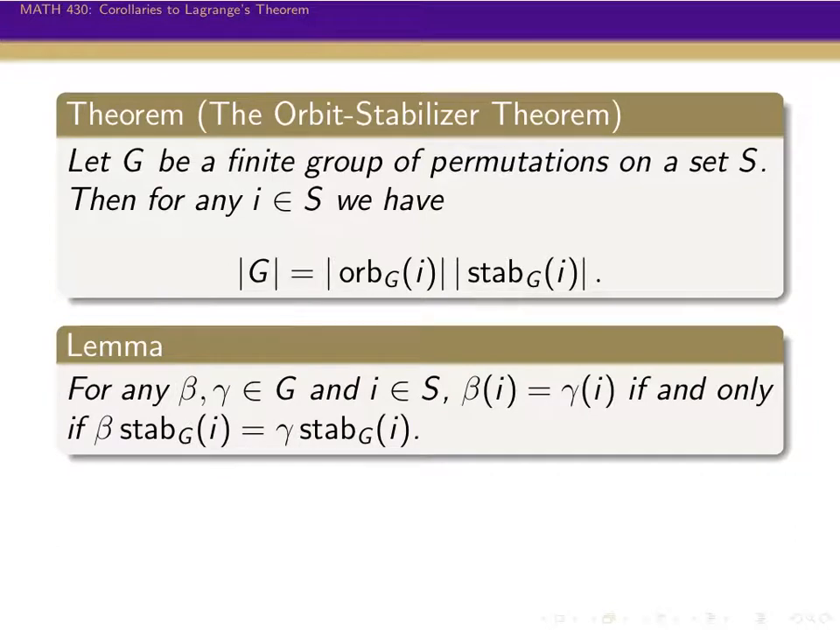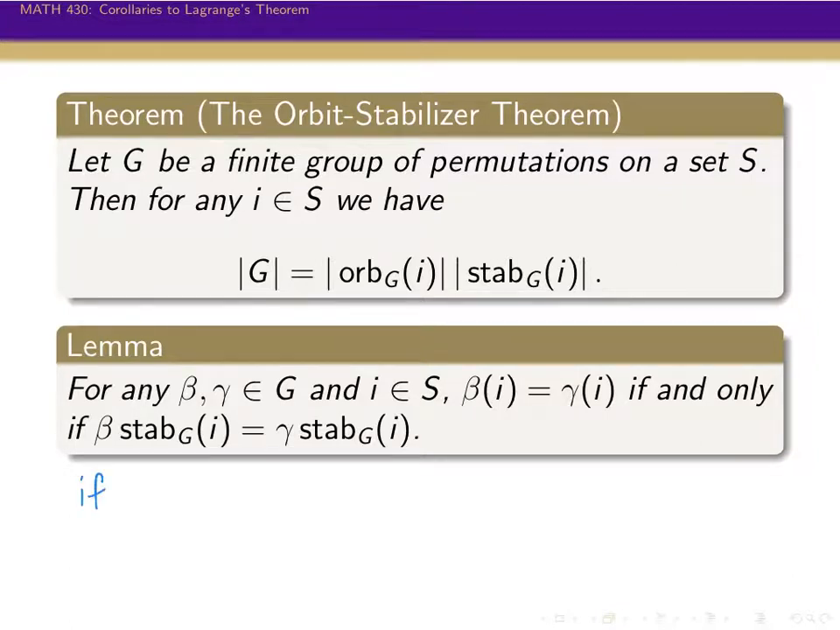Okay. And so the important thing in proving the orbit stabilizer theorem is this lemma, which is going to bring this back to cosets. It says that for any beta and gamma in G and any i in S, beta of i equals gamma of i if and only if the coset beta times the stabilizer of i is equal to the coset gamma times the stabilizer of i. And so this is what's pulling this back to Lagrange's theorem and to cosets. And so the proof of this is,